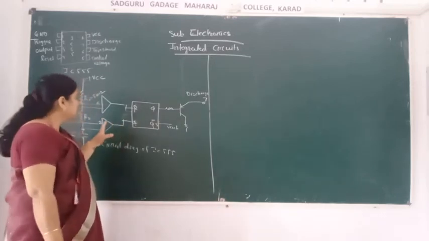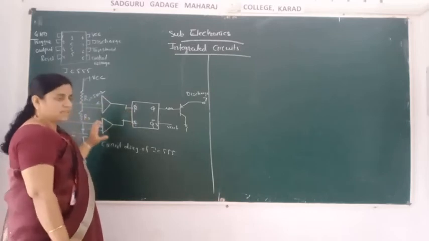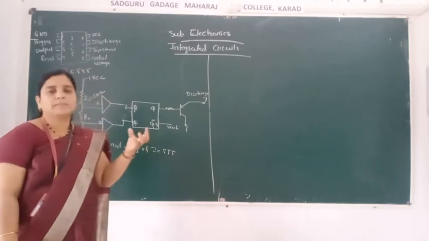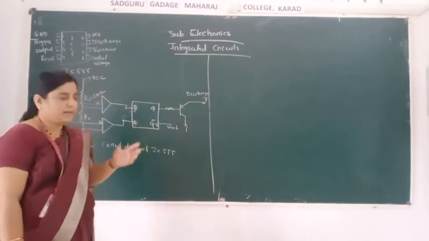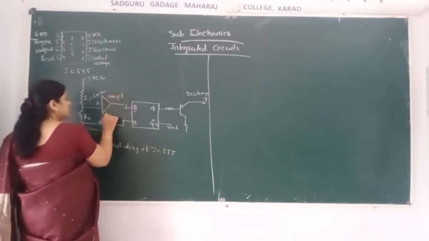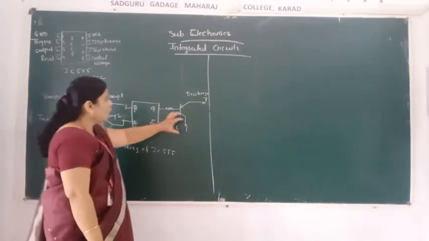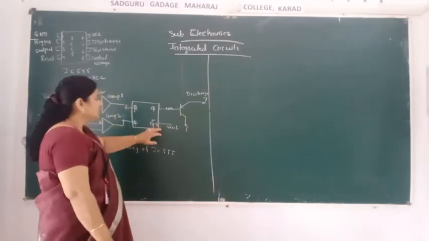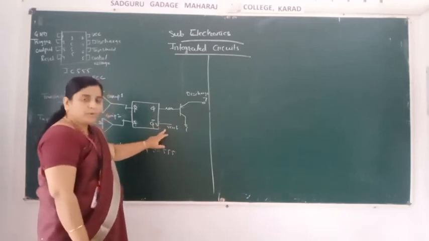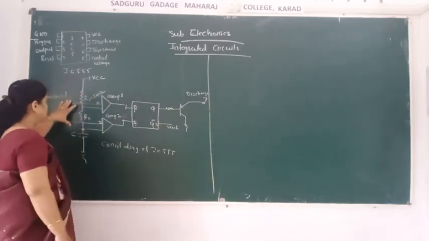This is the important circuit because the function depends on these two comparators. These two are op amps, ideally used, and therefore these op amps are used as comparators. This is comparator 1 and this is comparator 2. The output is taken at pin number 3. This output depends on these two comparators, and also on these two inputs.